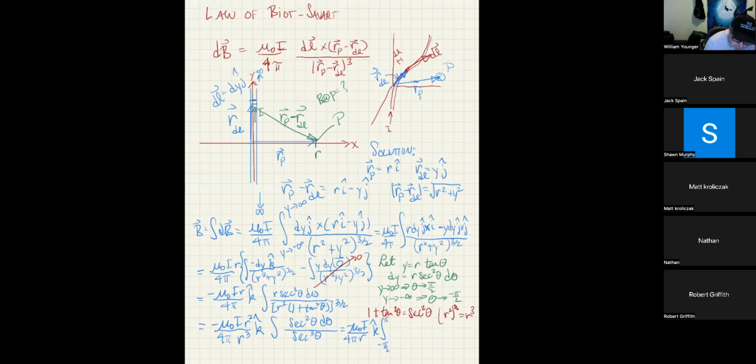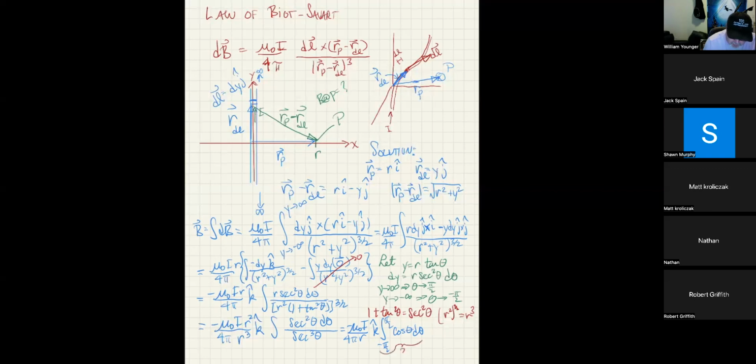So pi over 2 of cosine theta d theta. Now you know the derivative of sine is cosine, so the integral of cosine is sine. We know the sine of pi over 2 is in fact 1, and the sine of negative pi over 2 is negative 1. So this is going to be sine of pi over 2 minus sine of negative pi over 2, which is 1 minus negative 1, which is 2. So this whole integral right here